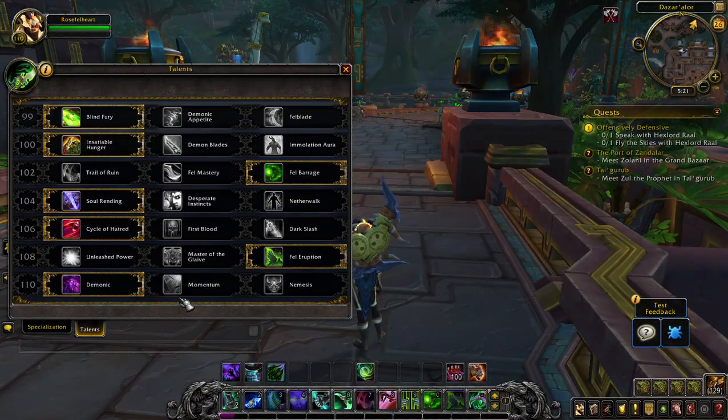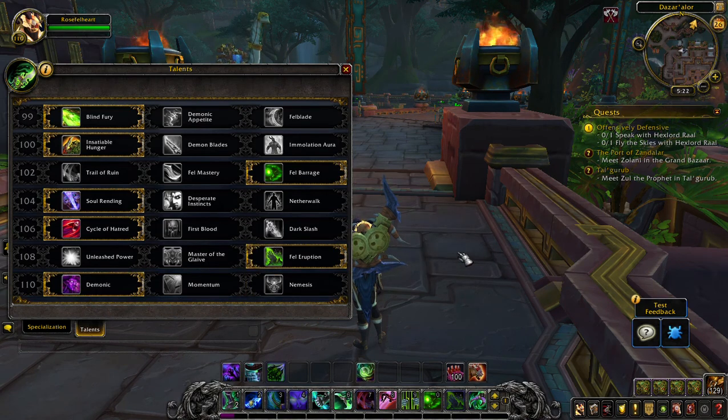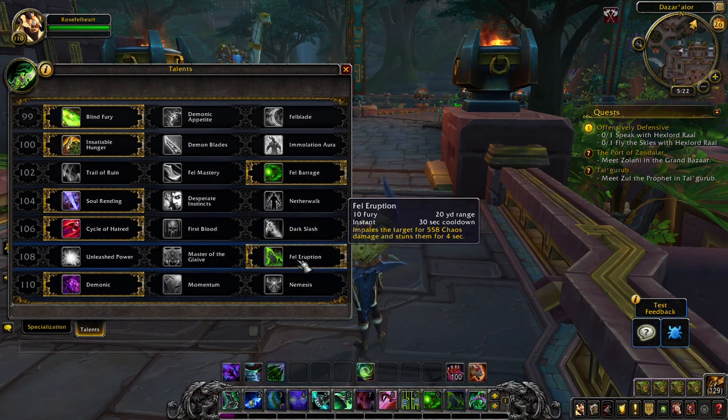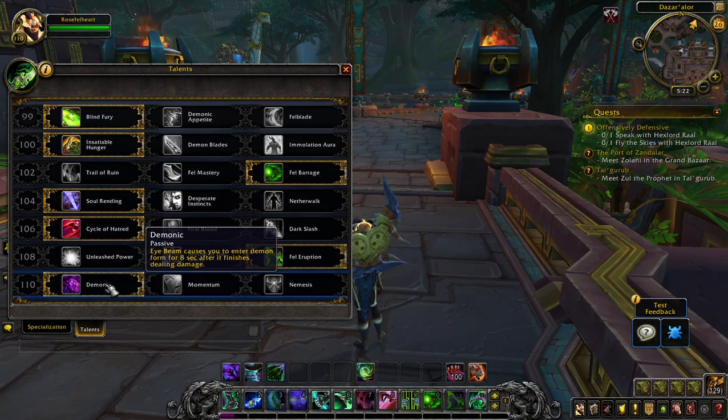For instance, they added some stuff that used to be in the artifact weapon from Legion that you had to give up. There's some stuff in here that I've noticed that, if I'm not mistaken, was in the artifact weapon tree. For instance, demonic. I think that was in the